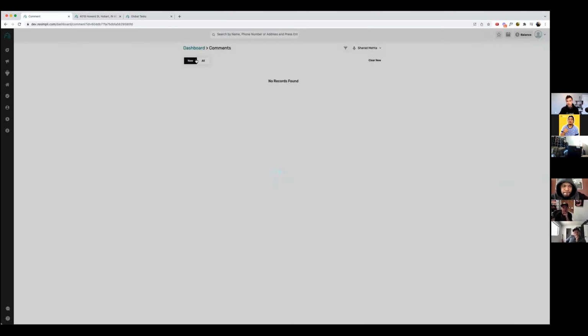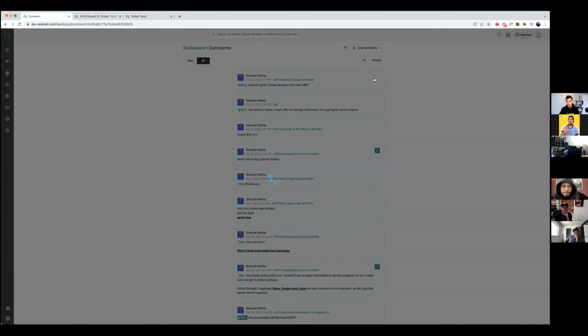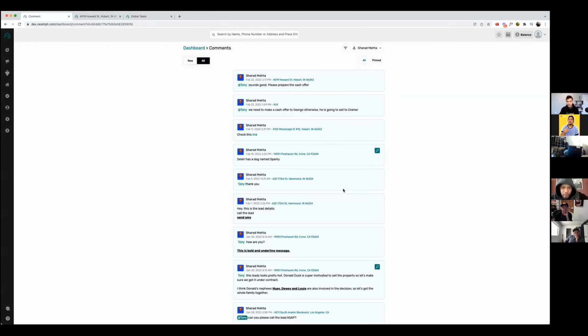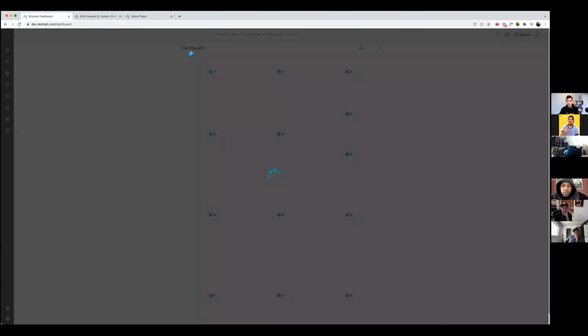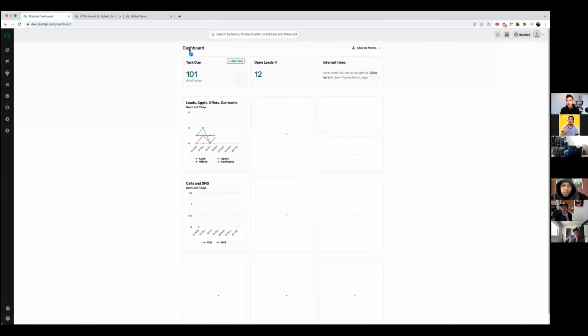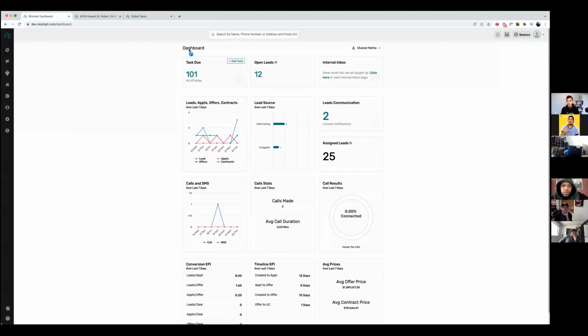He can do that if there's a new message. Let me see if I can. I don't have any notification, but if I hover on it, it'll say mark the notification completed. Or I can just say everything I've read, I can just mark it clear new, or remove everything and make it 0. So it's basically the concept of making sure that it's inbox 0 at the end of the day,